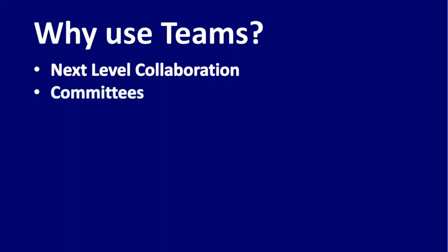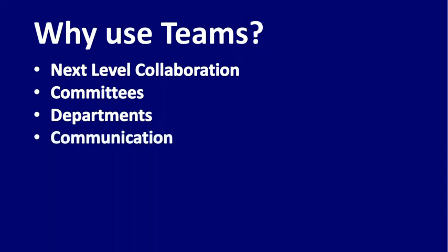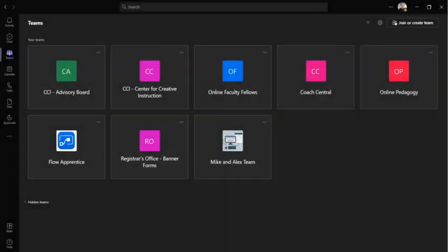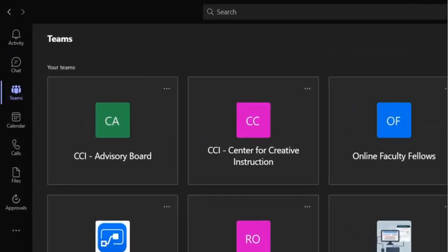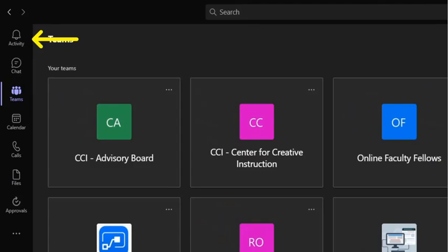Many campus groups and committees are using Teams, so getting comfortable using Teams really is necessary. Departments and offices are also starting to use Teams, and more campus business is happening in this platform. Even if you're never added to a campus team, you'll want to use the chat feature to communicate with campus users. When you open the Teams app, you'll see a navigation rail on the left that lets you access the